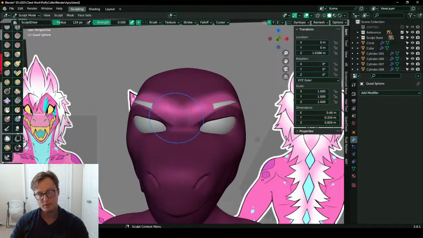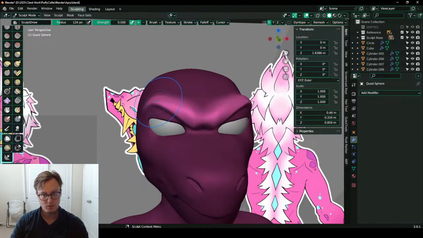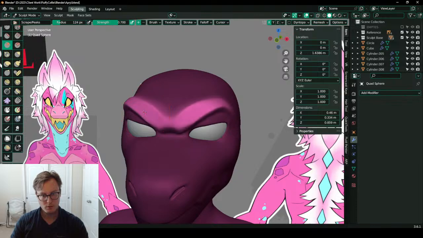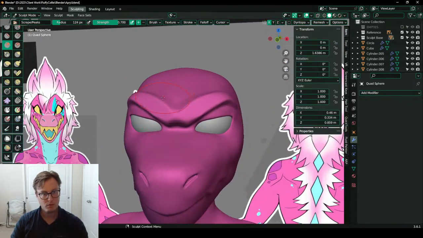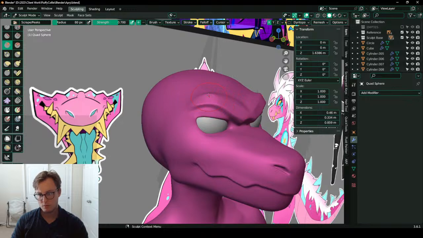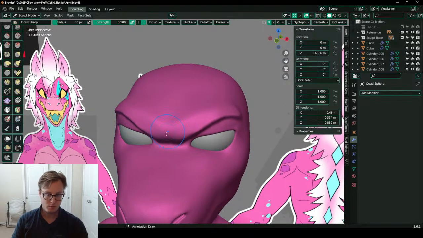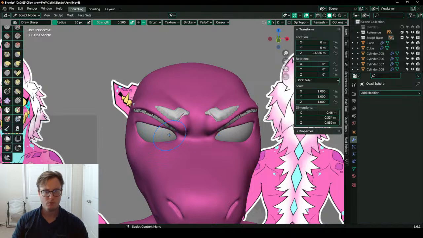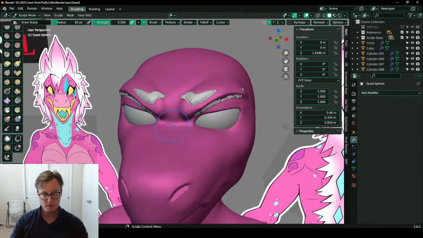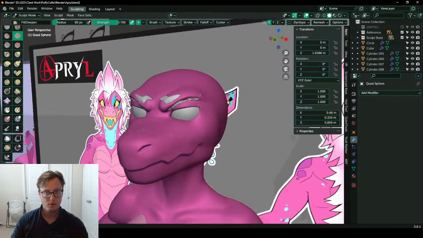Actually, I wonder if I could use the layer tool. It's kind of annoying to use sometimes. Oh, that worked.